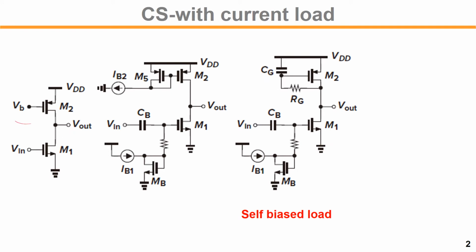In this example, we will look at how we bias the current source load. So this is also a current source. To bias that, we have the current mirror like this. For the NMOS bias, we use a similar biasing scheme to what we used before. And for the PMOS, we have an additional current source and mirroring device. In this case, an additional current IB is required to bias M2. So IB2 is necessary